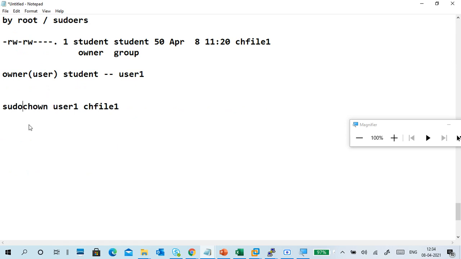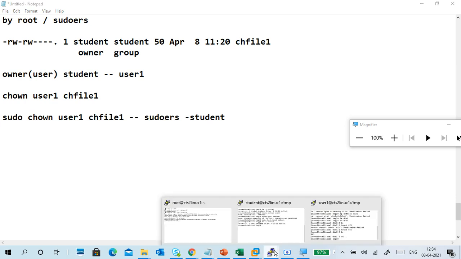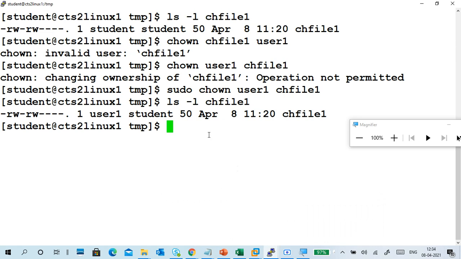You have to use sudo. In this case, student is a sudoer. Not by default, yesterday we changed it to sudoer. That's it. Okay, sudo, I think you got the point.